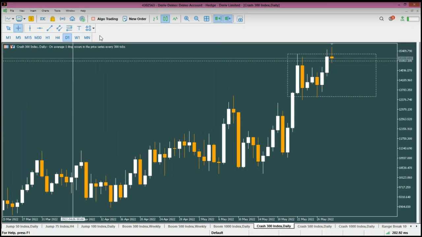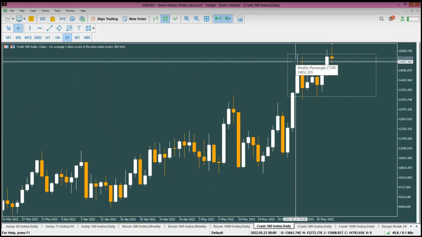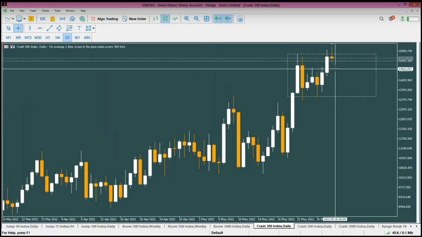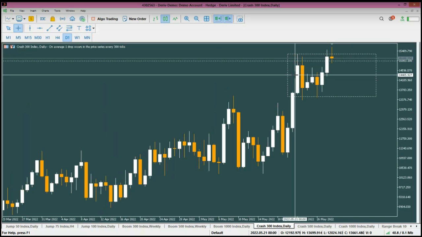So here we're gonna wait for it to confirm. Most probably I use daily chart candlesticks for confirmation, especially on this Crash 300, because you can see it is now playing at the supply zone, or at the resistance zone. So it is not wise for us to make a buy right now since it has not confirmed a breakthrough. So we're gonna wait for that opportunity there.